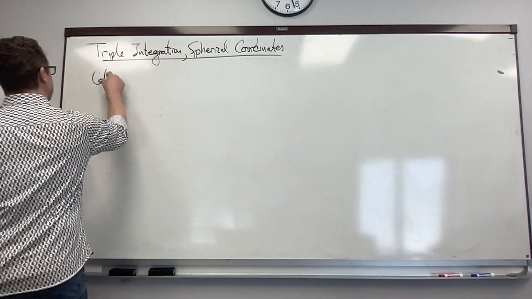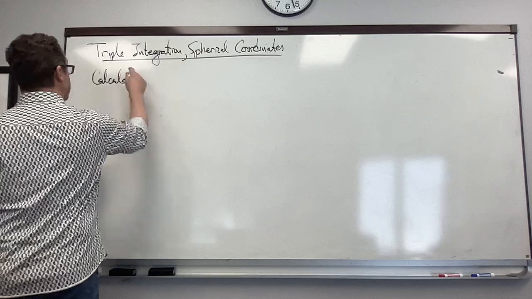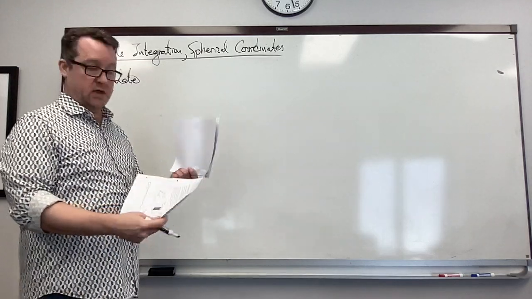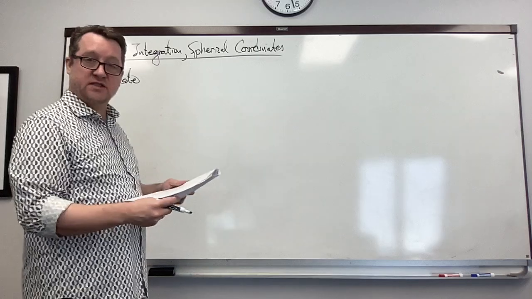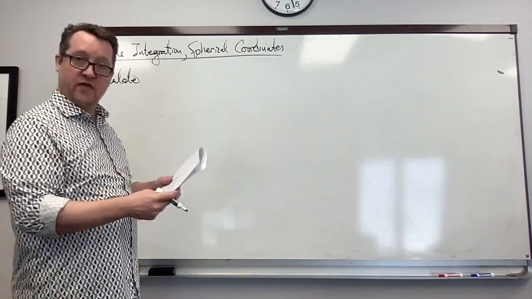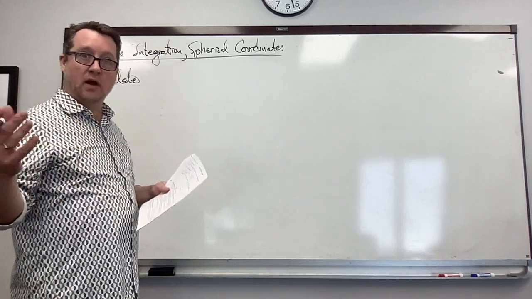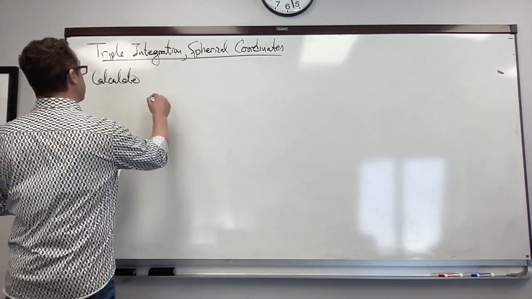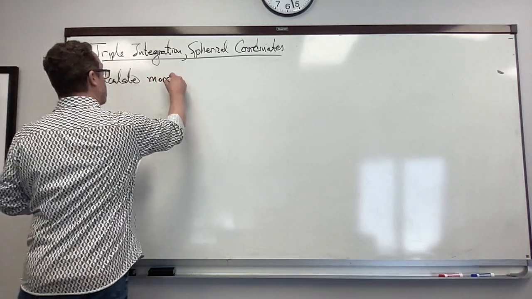So calculate. The note module I'm using, by the way, is of course titled Triple Integration and Spherical Coordinates. You have that on the OWL site, and you can go through that. That covers all the things I'm talking about here with a little more language associated with it, and a little more slowly. Okay. Calculate the moment of inertia